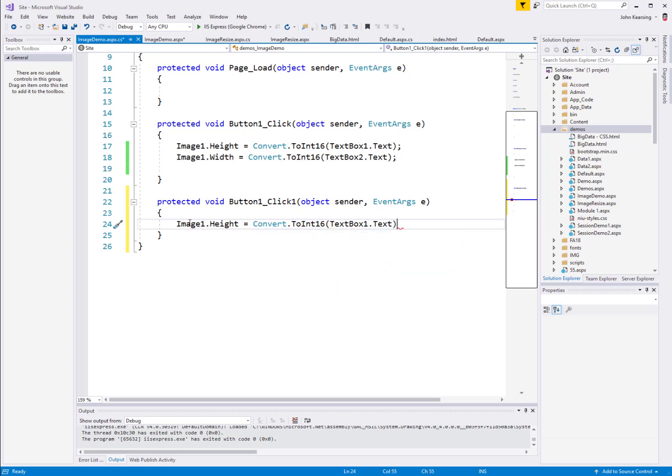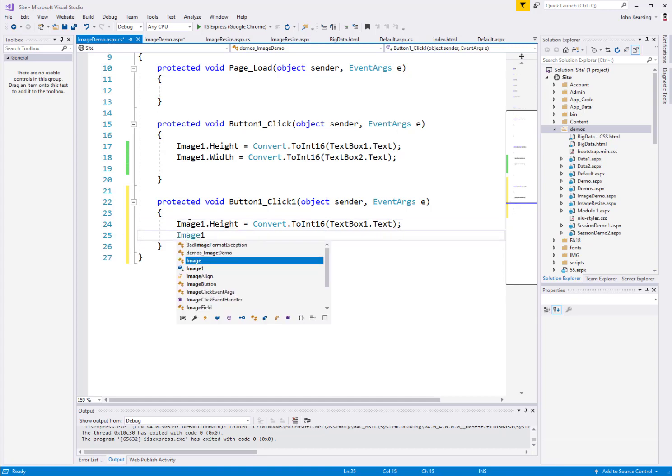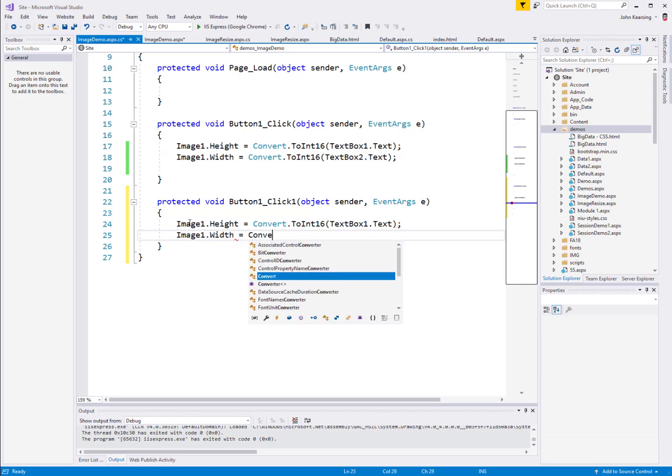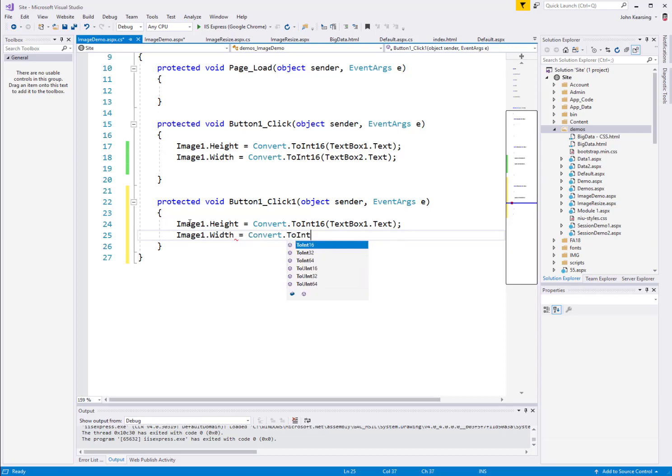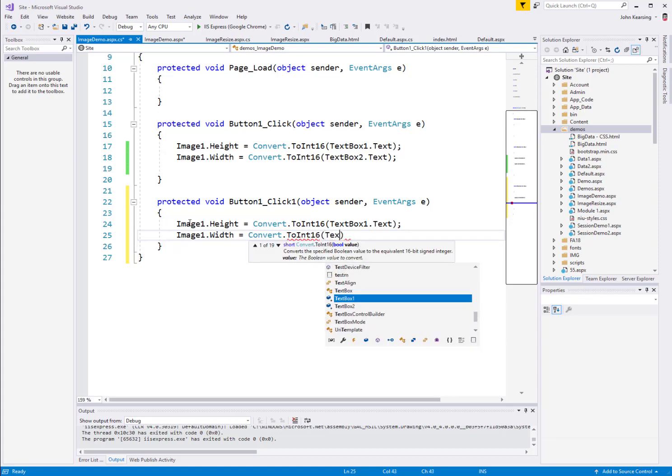That means what's in the text box has to be set to the number for height, and we put a semicolon as we end all statements in C# with semicolons, and we want to do the same thing for the width. Image1.Width equals, and here we also have to convert to Int16. This time we will use TextBox2.Text,